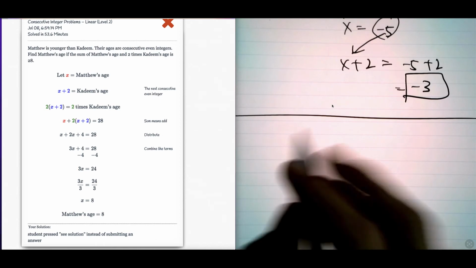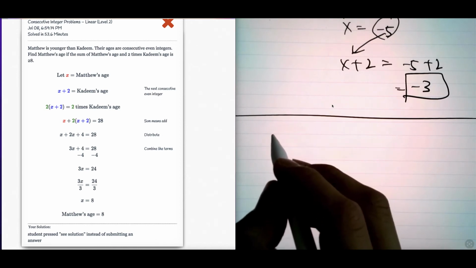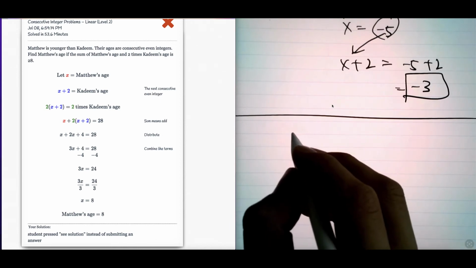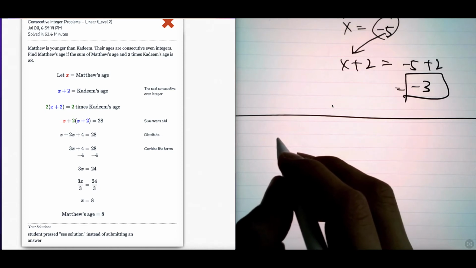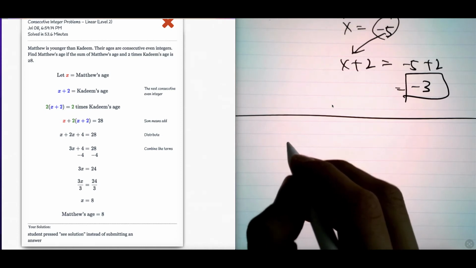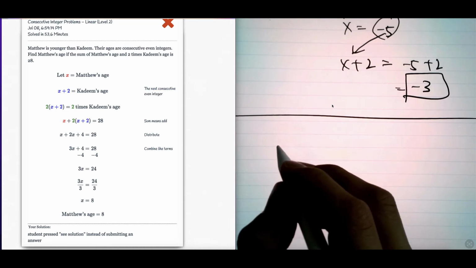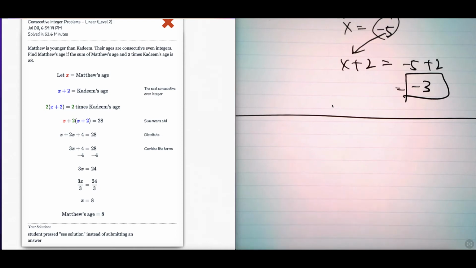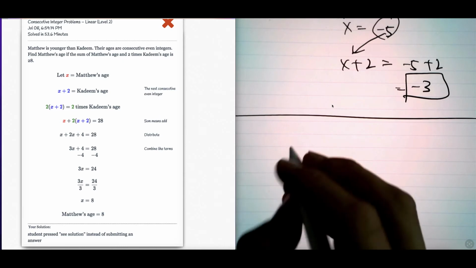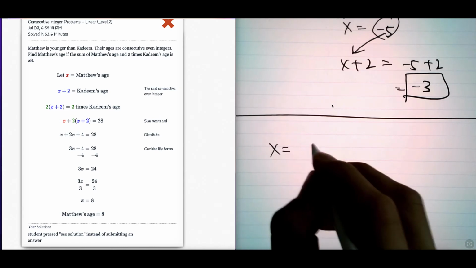Alright, here's another one. Matthew is younger than Kadim. Their ages are consecutive even integers. Find Matthew's age if the sum of Matthew's age and 2 times Kadim's age is 28. So like the answer shows, we'll say x equals Matthew's age